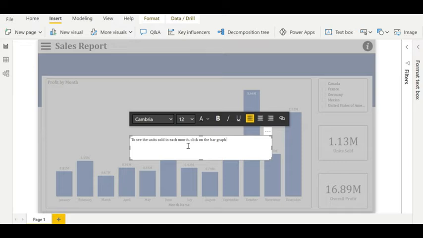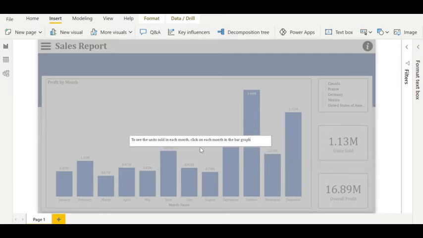Or I can say, click on each month in the bar graph. Okay, this will be kept like this.